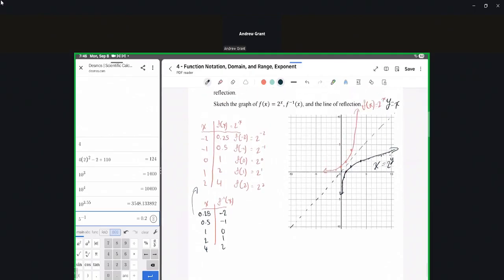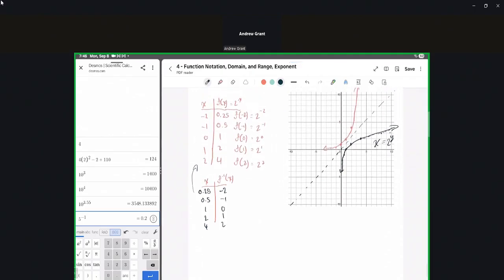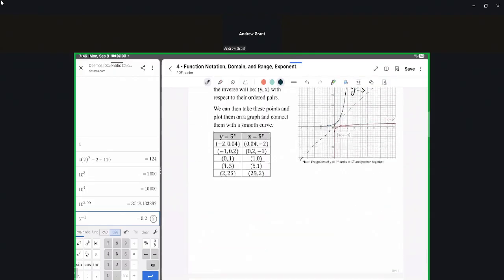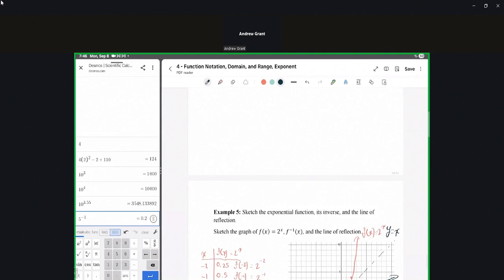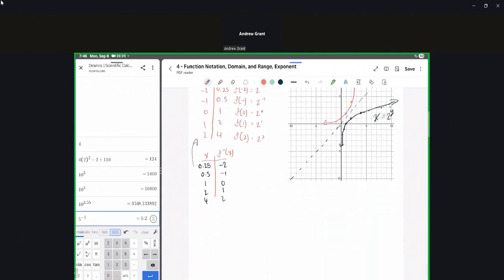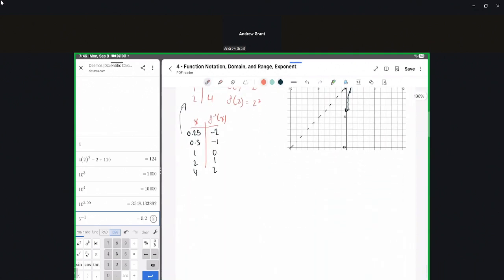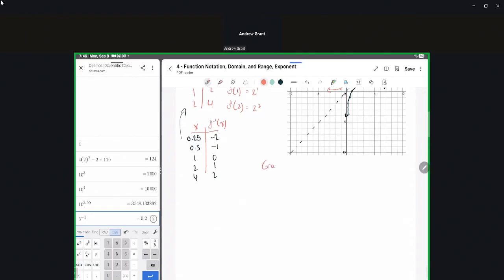We're pretty close to done here. And so the only thing I want to mention about this is that I want to use the idea of this exponential inverse in order to go ahead and solve these. So I'm going to try out, say, one more example for us. So we're going to say graph y is equal to 3 to the power of x and its inverse. Okay. So again, the way to do that